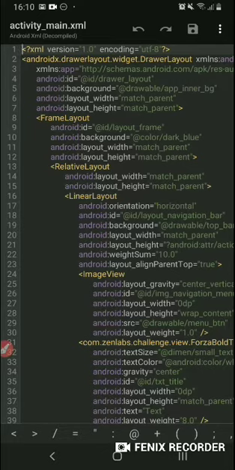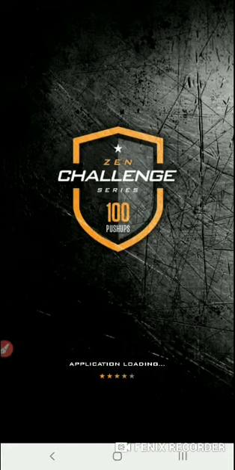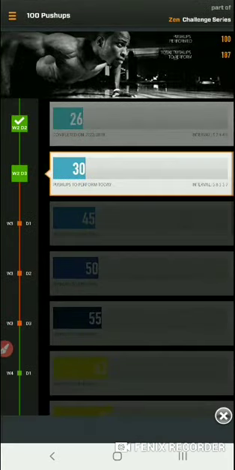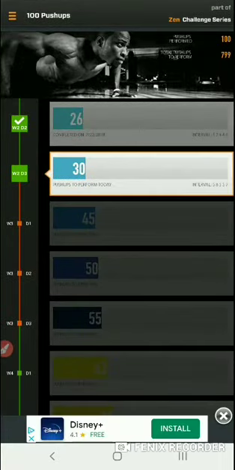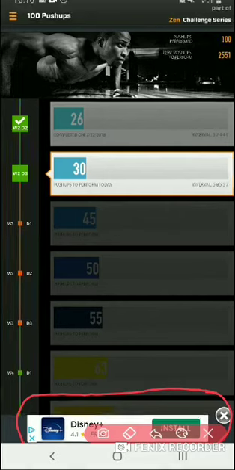Before all of that, I'm going inside the app again, just to show you why I'm going to look at this place. This is the main page and the exercise page, and we see that the ads in general are located on the lower part. So if it was an XML file, I need to go to the lower part and see those ads. So let's go here